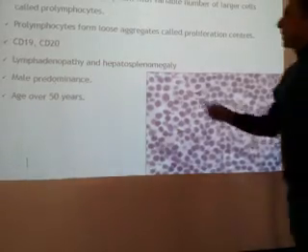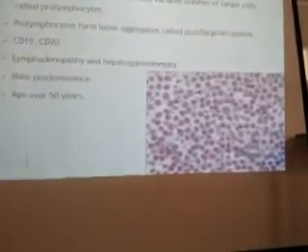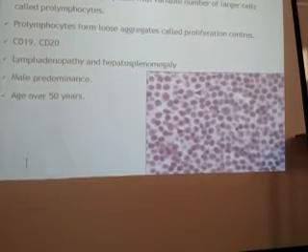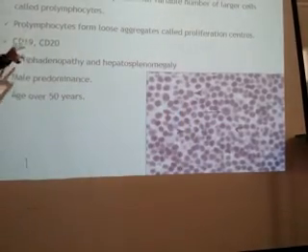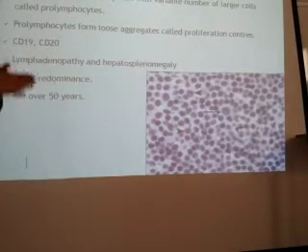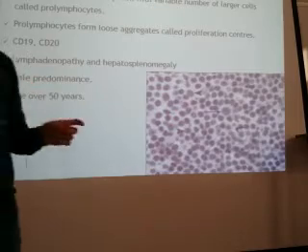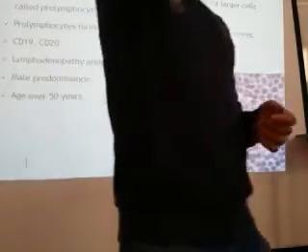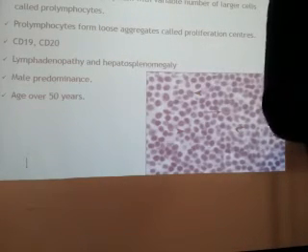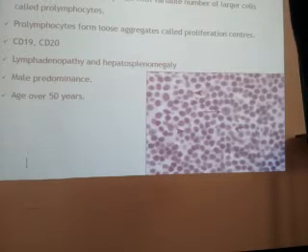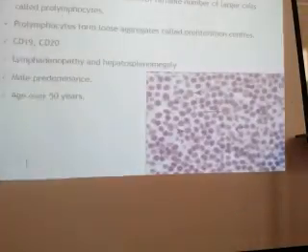Proliferation center. So in small lymphocytic lymphoma, if you take the lymph node biopsy, you will find diffuse arrangement of small cells. In between you will find some larger cells called pro-lymphocytes, which can be in the form of proliferation centers. Again, CD19 and CD20 are positive. So tell me how you will differentiate: CD19 and CD20 are also positive in diffuse large B cell lymphoma, and here also. Size of the cell: small cell here, large cell there, isn't it? Follicular, you have the follicles. So morphology also you have to take into account.